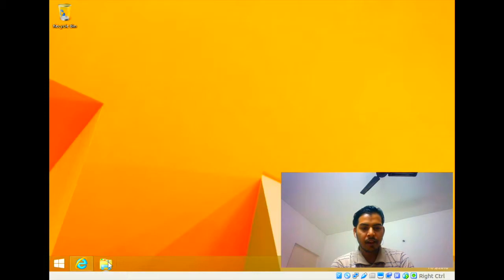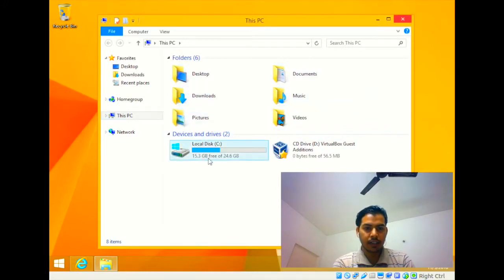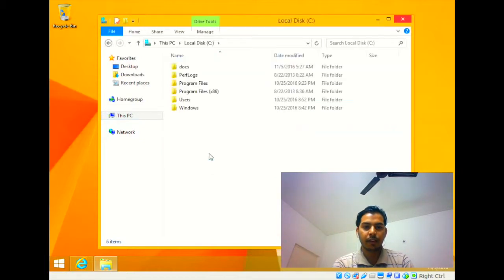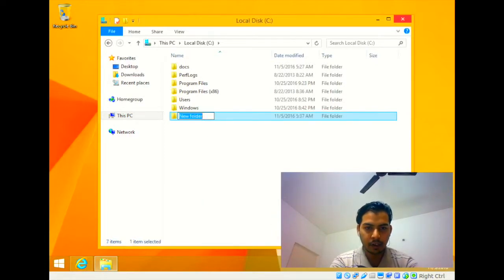This is a file explorer. It comes by default in Windows, so click on it, and this is the home view. As you can see, there are some folders where you can keep some user files, right? And this is your hard disk where all the files are stored, right? So we are going to create a new folder inside this folder, and we are going to name it as